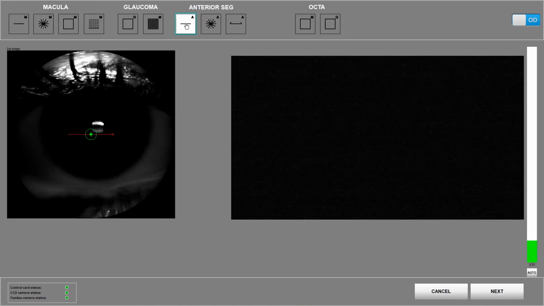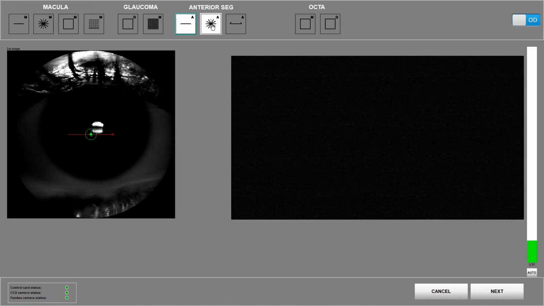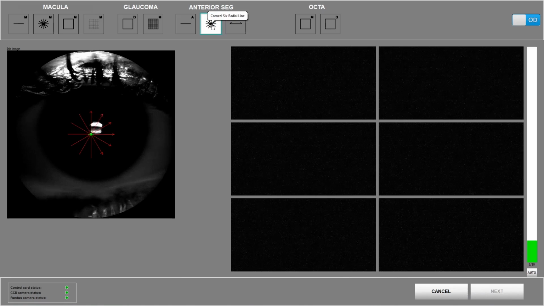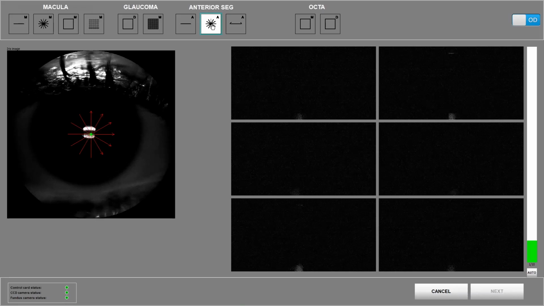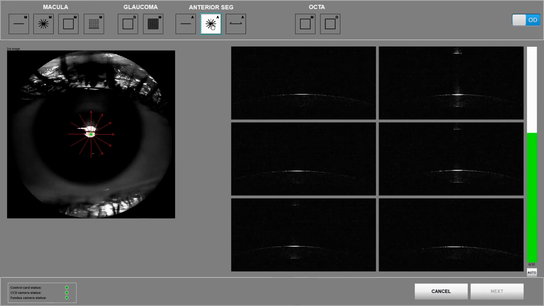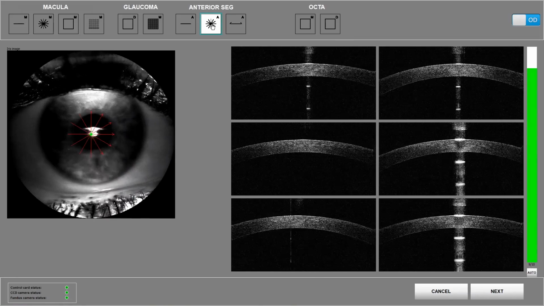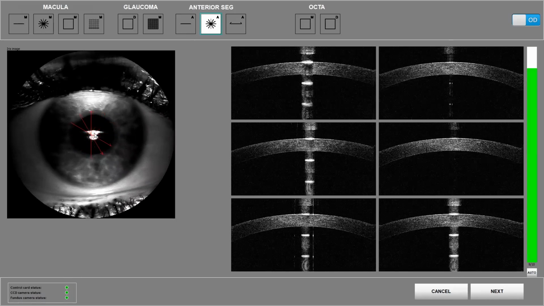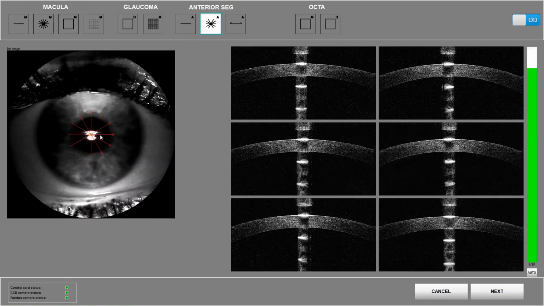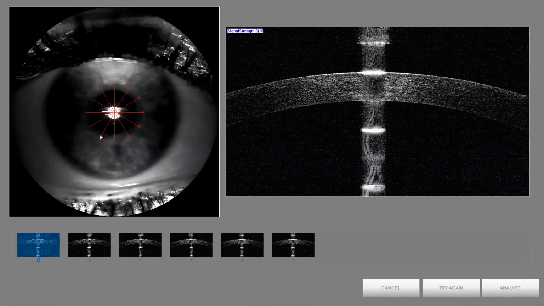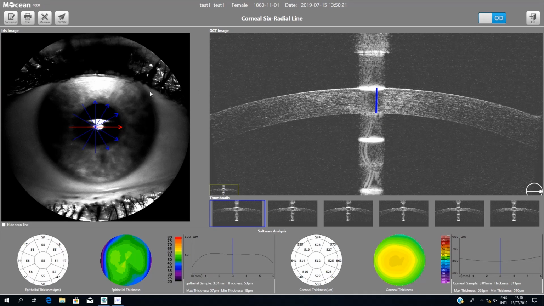Once we have finished with the HD line, then we can go on with the corneal 6 radial line. This scan will allow us to have 6 scans, 6 radial lines. And of course, as usual, we have to focus properly with the patient. And once we have a very good quality image, we press the joystick button. You see the scans taken here, and there are 6 scans, and if you press on Analyze button, then you